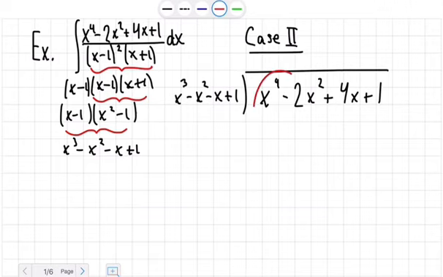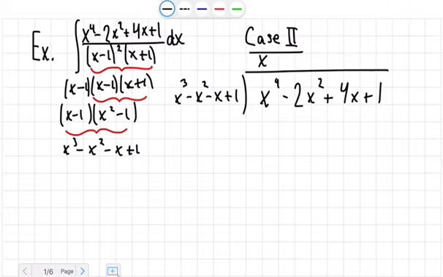So the first thing we do, ask ourselves, how many times does x to the power of 3 go into x to the power of 4? And we get x. So now we take x, we multiply it down onto this polynomial,